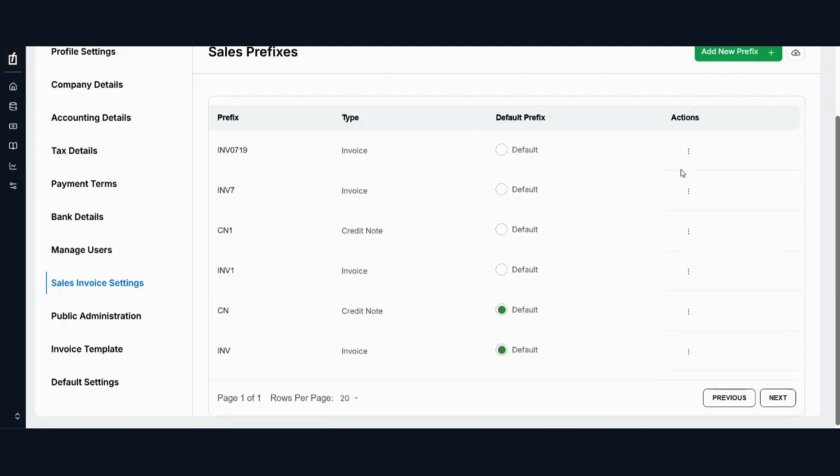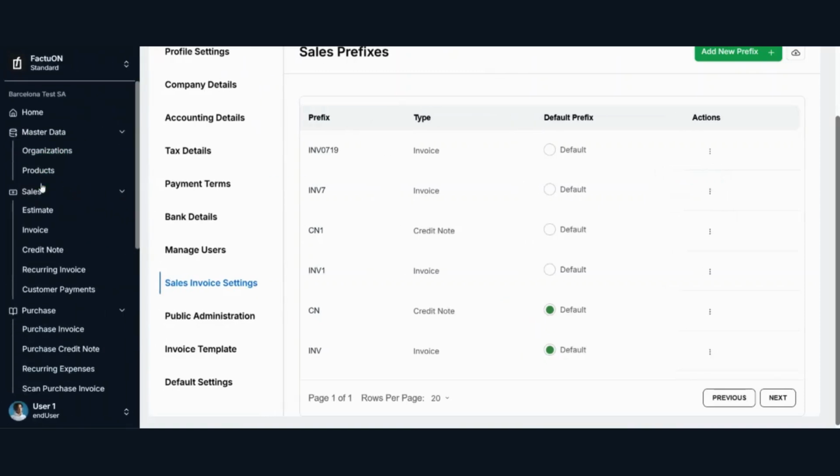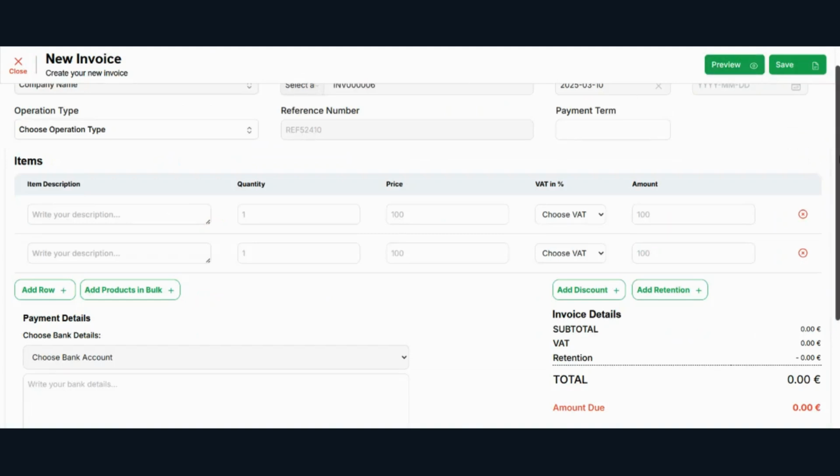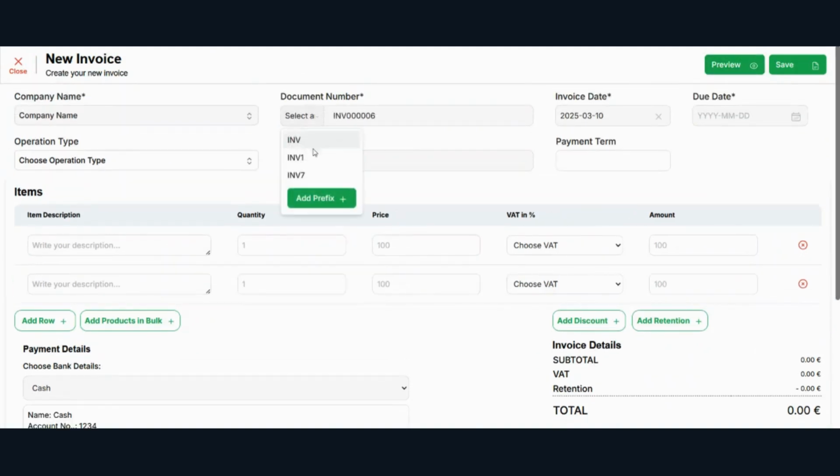Suppose I am choosing deactivate. From here it was deactivated. But see here, in the setting option it was deactivated but not deleted.